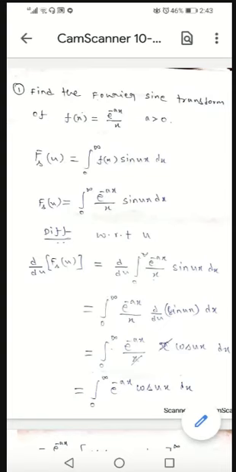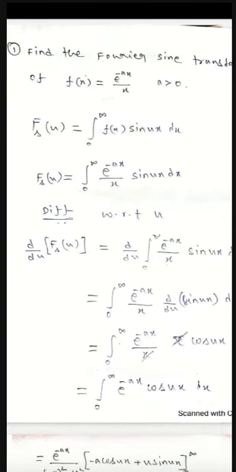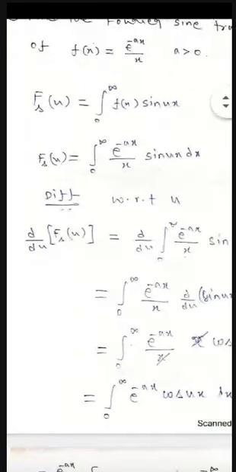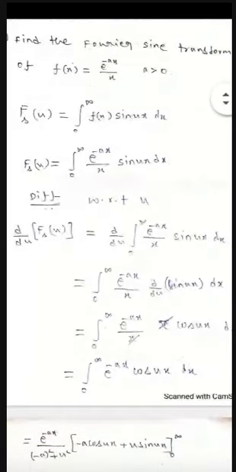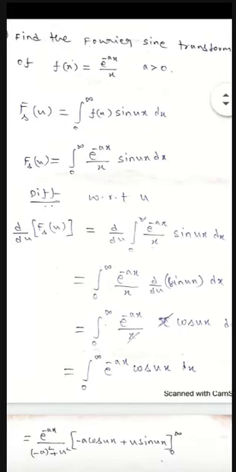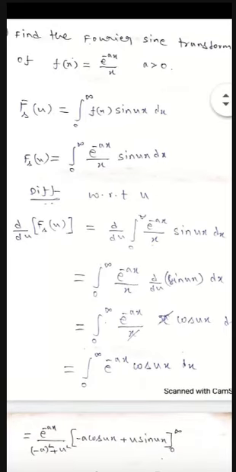So what is the method here? Whichever function has the variable u, from that you have to differentiate. So I differentiate with respect to u on the right side also. E power minus ax by x as it is. What is the differentiation of sine ux? It is cos ux, and since your differentiation is with respect to u, x is constant. So x comes outside because x is constant. You are differentiating with respect to u, so x is constant.